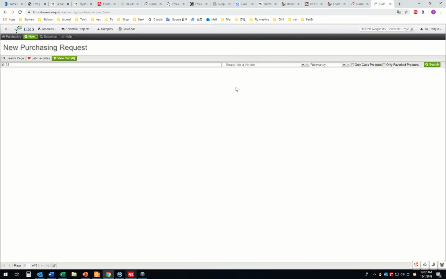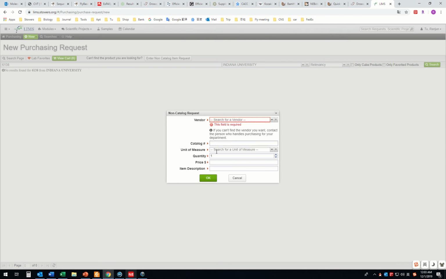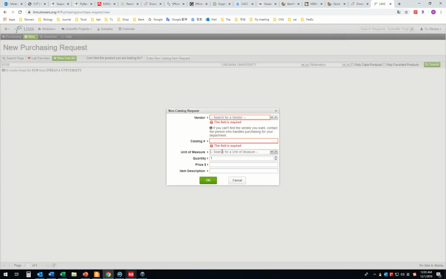So you can search from here in Indiana University. It's here. Just search. If you couldn't find anything, just enter non-catalog item request. So here is Indiana University, and this is the stock number, and this is mail. Maybe you can use vial, and the quantity one,